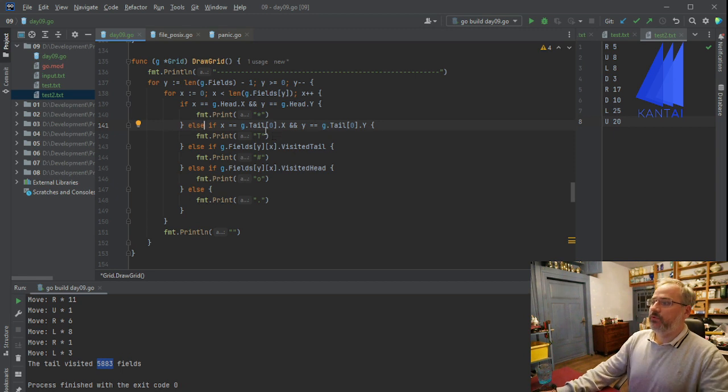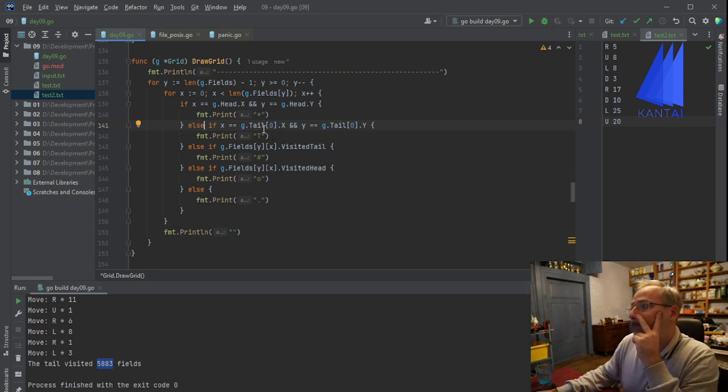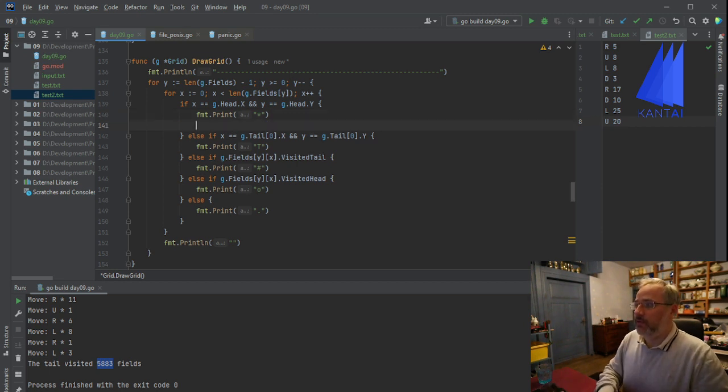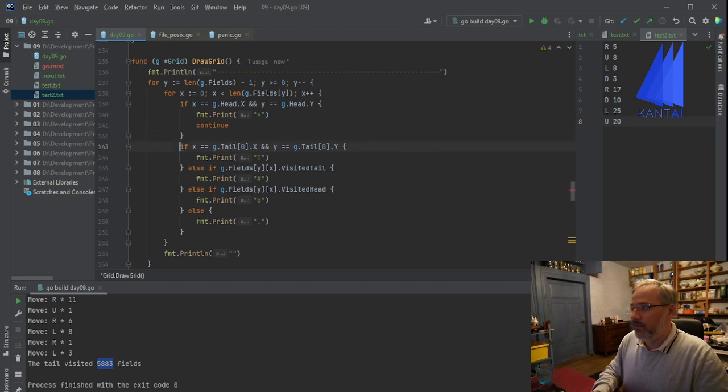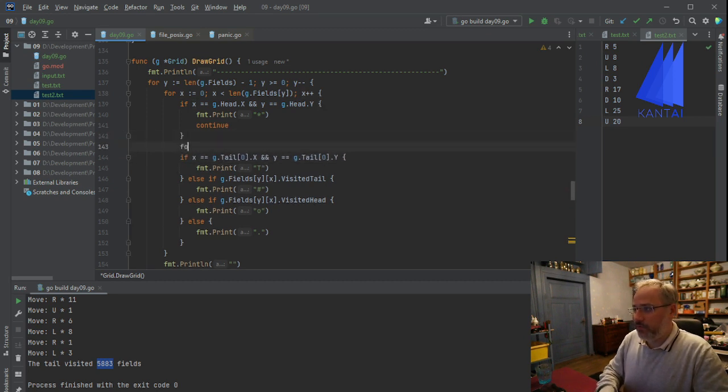How do we loop over it? Okay, we just do something like that. Continue. And then we do a loop